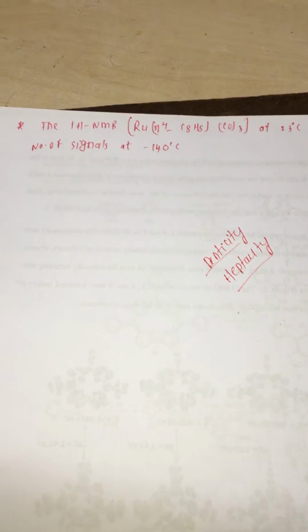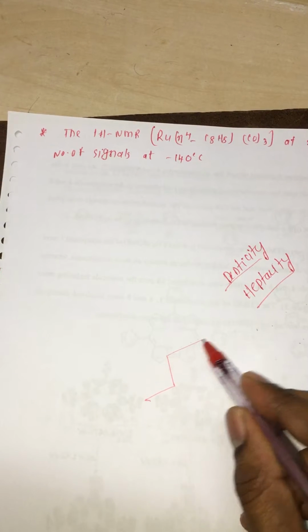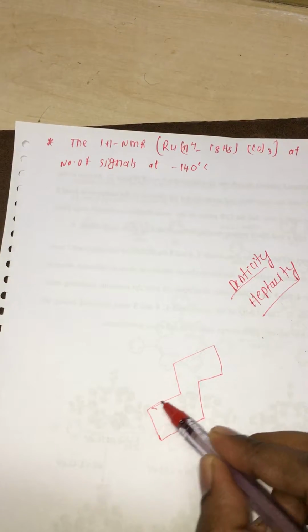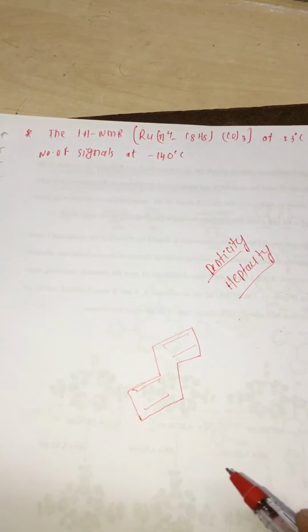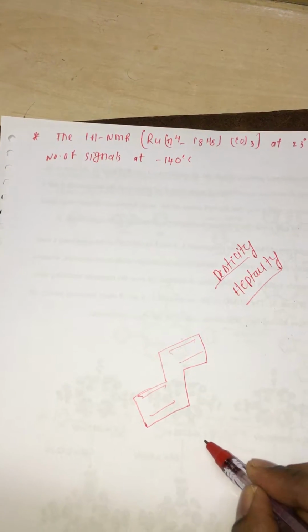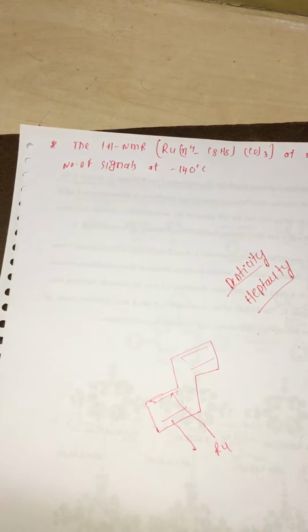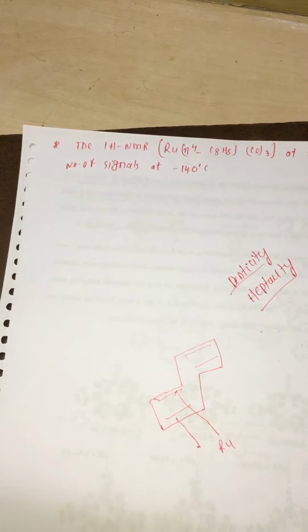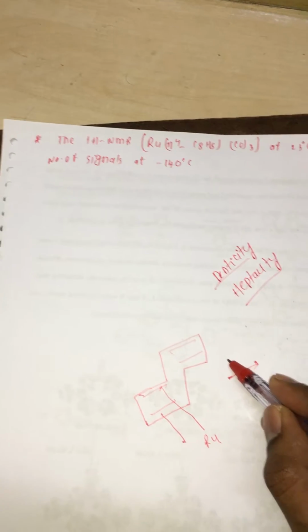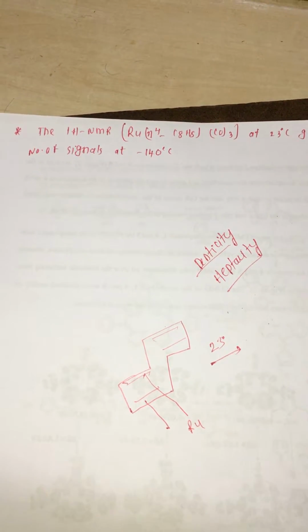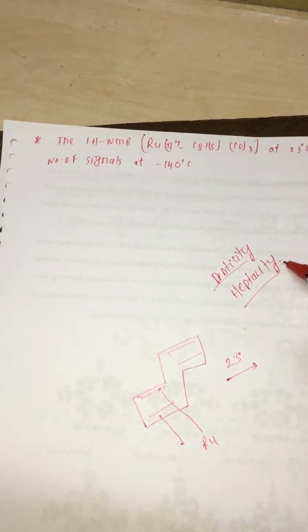So here we have this one. When it shows a single peak, when we have ruthenium here, of course it's bonded to only 4 electrons, but the remaining 2 are not bonded. But if we take high temperature, that is, he has given 23 degrees temperature, hapticity means all atoms are